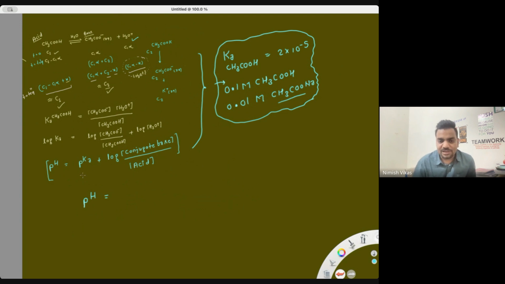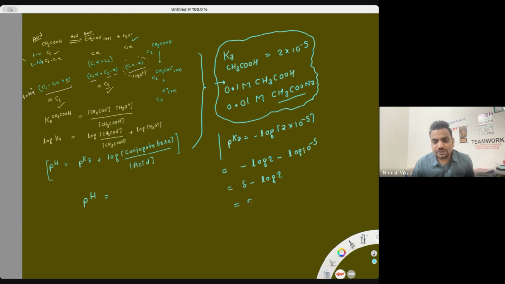So pH equals pK. What is pK? Negative log of K. Let me solve that separately. pK equals negative log of K. K is given as 2 into 10 to the power minus 5. So that will be minus log 2 minus log 10 raised to the power minus 5. So this became 5 minus log 2. Log 2 is 0.30, so this became 4.7. So pK is 4.7